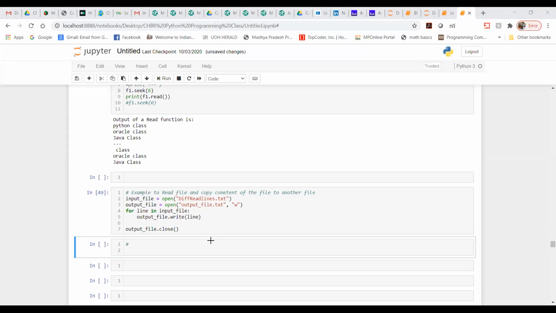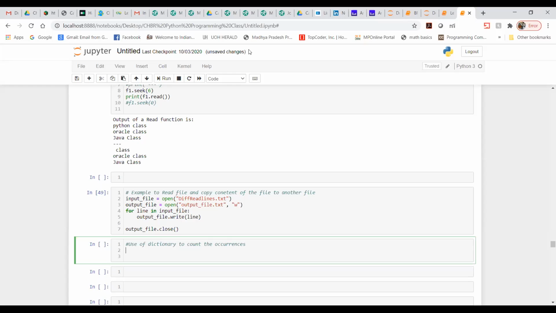So let me write here: use of a dictionary to count the occurrences, and use this dictionary in file handling as well.